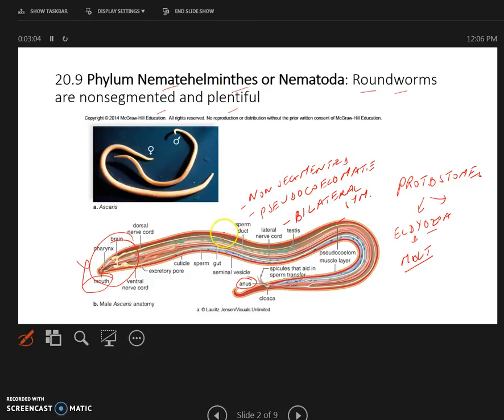Okay, so here they occur everywhere. But the essential thing about nematihelminths or the nematodes is that they are free living and parasitic. It's the parasites that are of extreme medical importance to us. So the parasitic forms are the ones that we are interested in. So the first one that we have is Ascaris. Remember, it's a scientific name, so you're going to write it Ascaris sp. So here the humans become infected when they ingest the eggs.